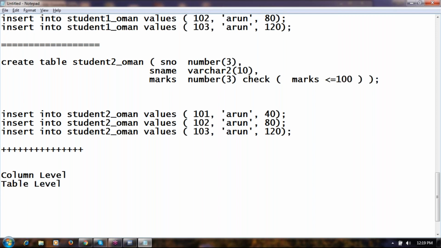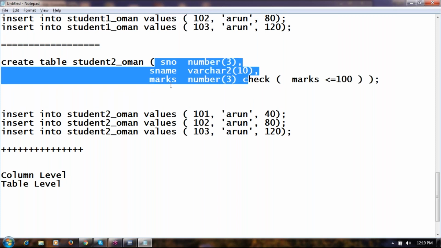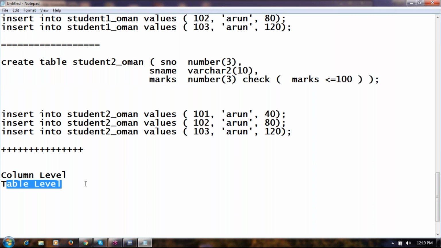Do you remember? There are 2 syntaxes: column level syntax and table level syntax. When you write the column name, data type, size in the same line and apply the check constraint, it is called column level. After completing all the column names, when you apply the check constraint, it is called table level.